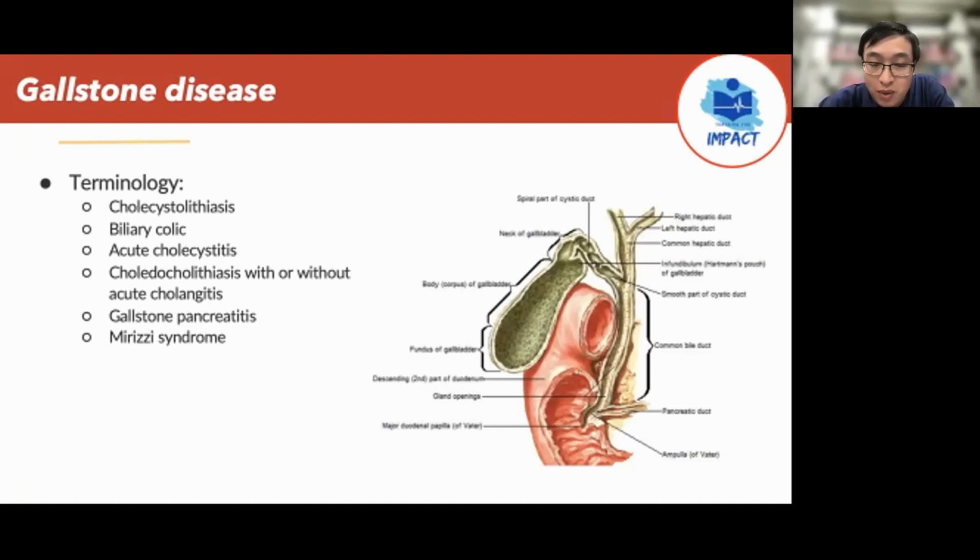It's not colicky. And typically the pain is worse after a fatty meal, because, as you know, fatty meals lead to lots of CCK secretion, which causes gallbladder contraction. And biliary colic usually lasts about 30 minutes, and then it plateaus within an hour, and then it completely resolves